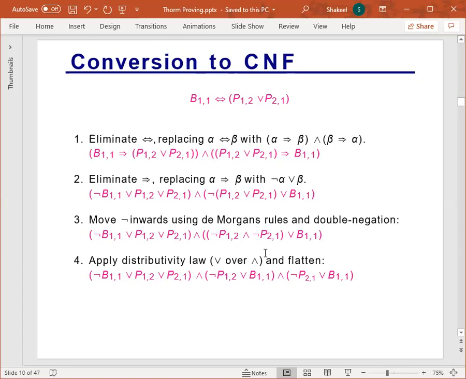All right, so now we have disjunction of literals, and here we don't have disjunction of literals. So we are going to distribute the disjunction over the conjunction to be able to present that in the form we want. The next step is to apply distributivity of the disjunction over the conjunction and to flatten out. All right, so this term is the desired form. The one would become not P12, not P21 or B11, by distributing this over the conjunction, and B12 or not P21.